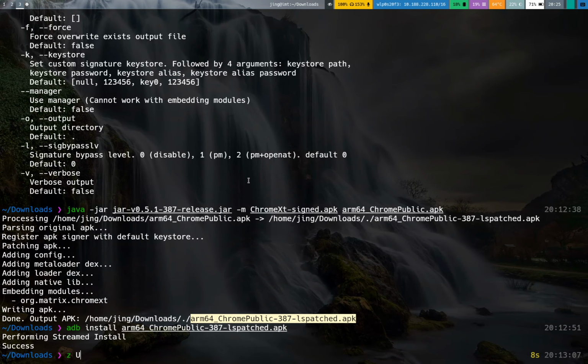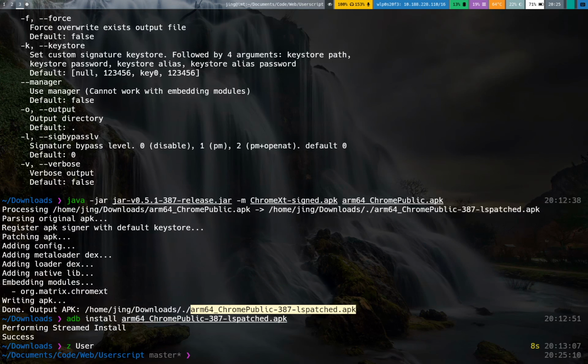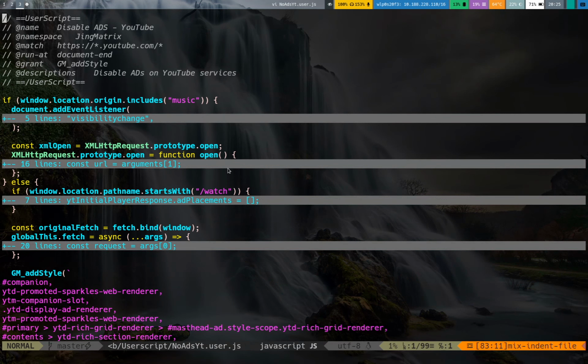I have already written it. I'm just going to show my code. This is my user script. A user script has some comment blocks to describe the script. You have the name part, and also the match part, which says that this user script should run on pages that have this kind of pattern.